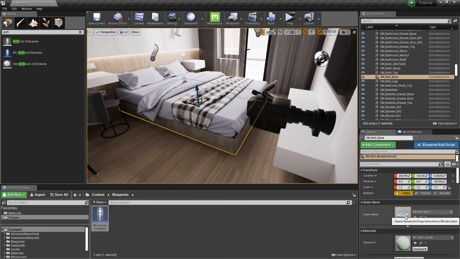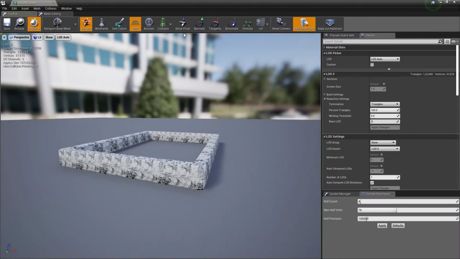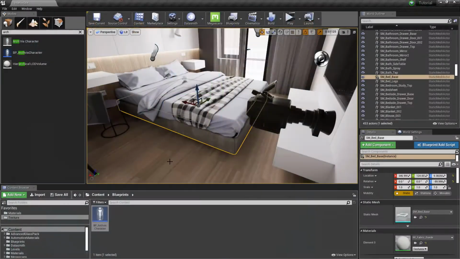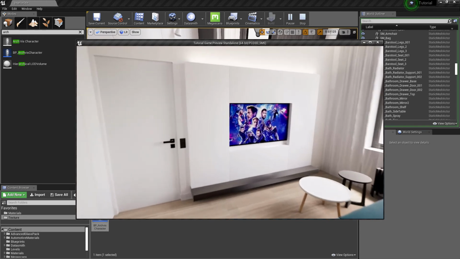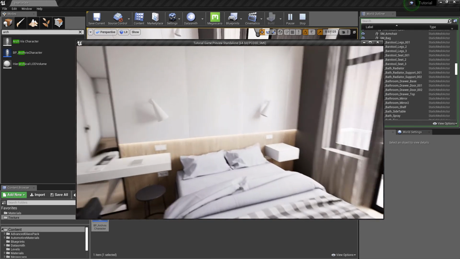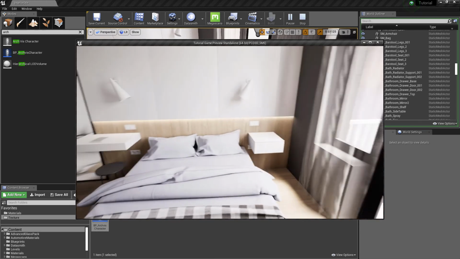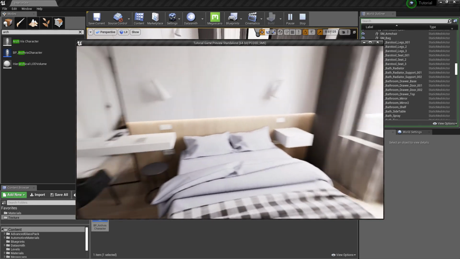The collision box height is small. Let's increase it. Select the collision and scale it. Let's check again now. It's working fine now.